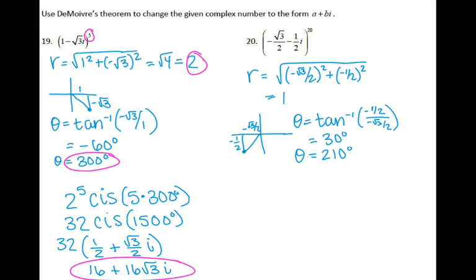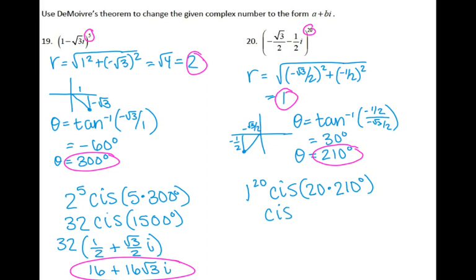So for de Moivre's theorem, we need r, theta, and n. R, theta, and n. And then we can just work through the theorem. So I have 1 to the 20th power, cosine I sine of n times theta. Well, 1 to the 20th power is just 1, of course. So that just becomes cosine I sine of 20 times 210, which is